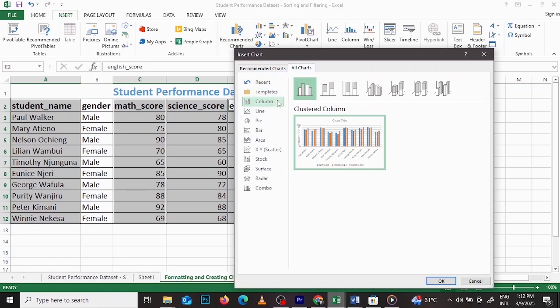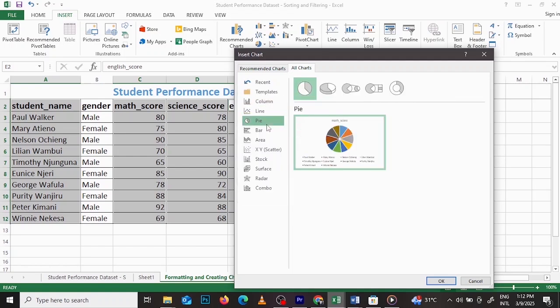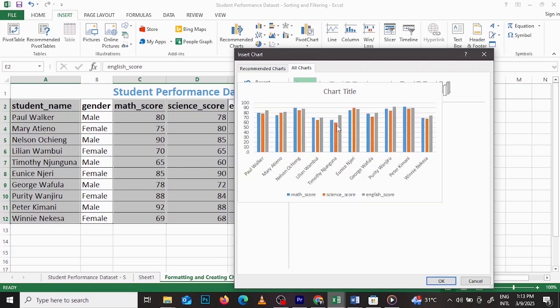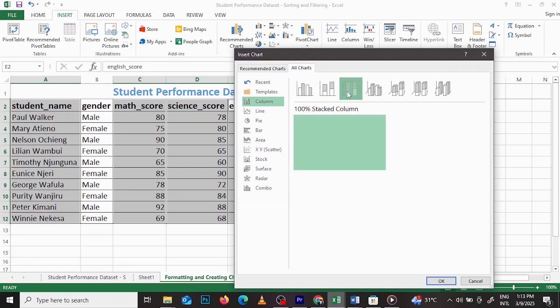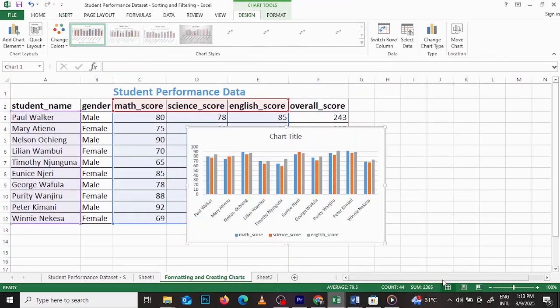We'll be having this one here, and there'll be other ones like line graph, pie charts, bar graph, area scattered, and the rest. But we are going to start first with columns. So columns comes in different shapes. You have this one here also. You can also have this one here. You can also have these ones. But we're going to pick the first one, and you click on OK, and you'll see it popping up